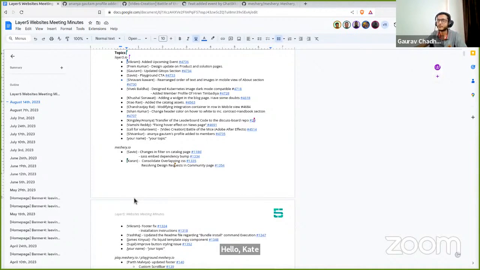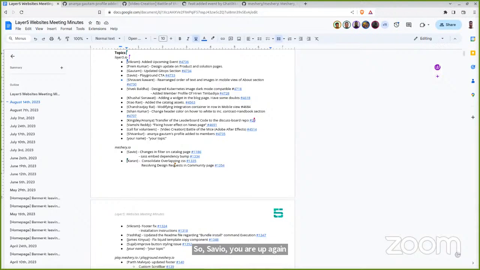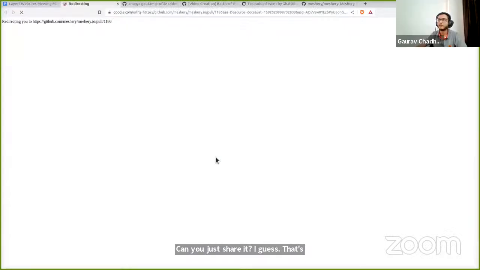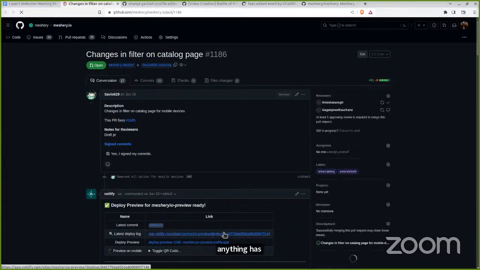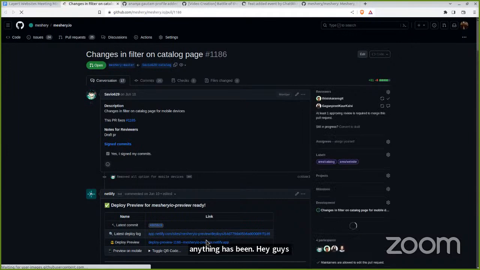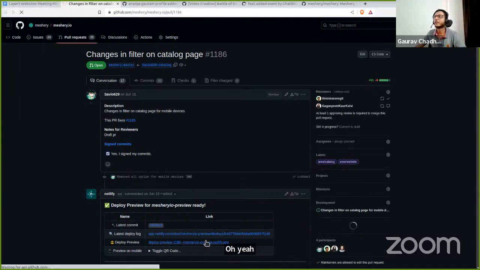So next up, let's discuss the item from Meshy.io. Savio, you're up again. Can you just share it? This has been up for so long. All right. The filter in the catalog page.